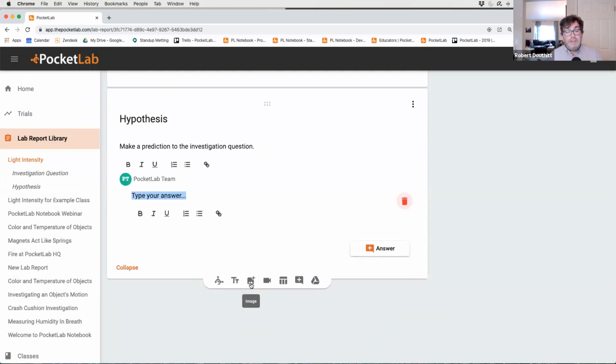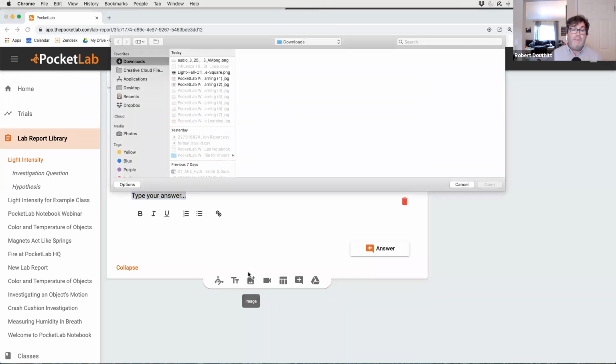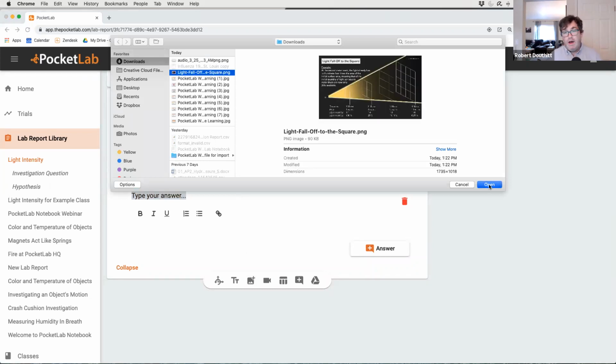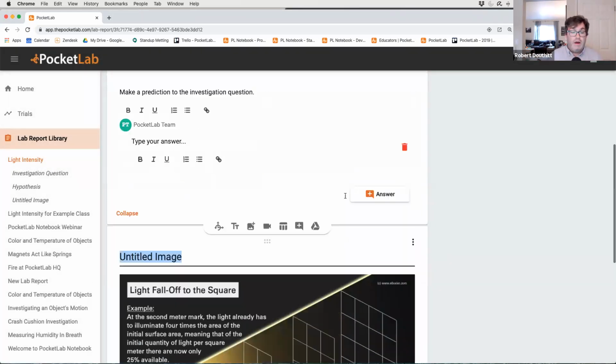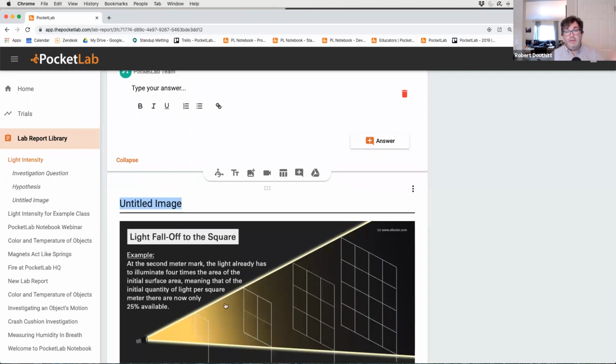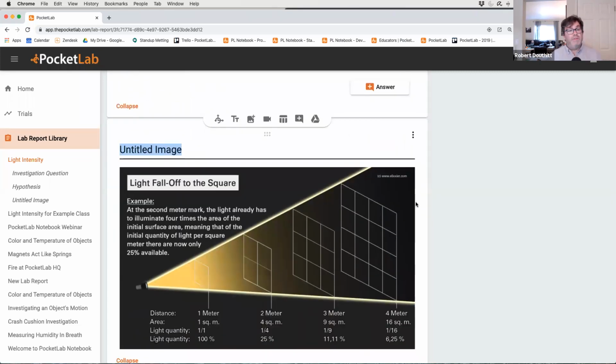You can also add images. So when we were looking earlier at the presentation, I had added images from a slide presentation. So here I'm adding an image about light intensity falling off at the square of the distance. So I might call this diagram. And